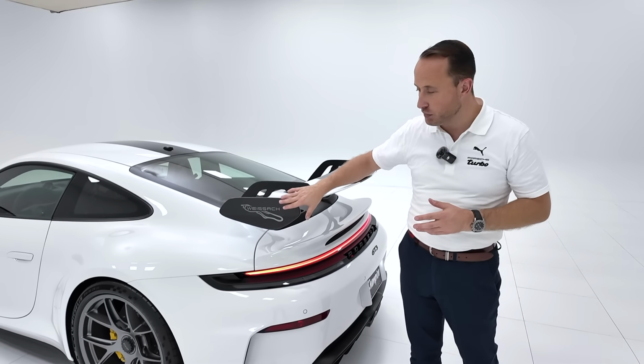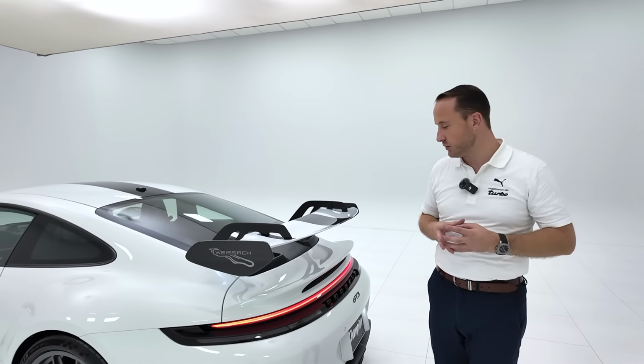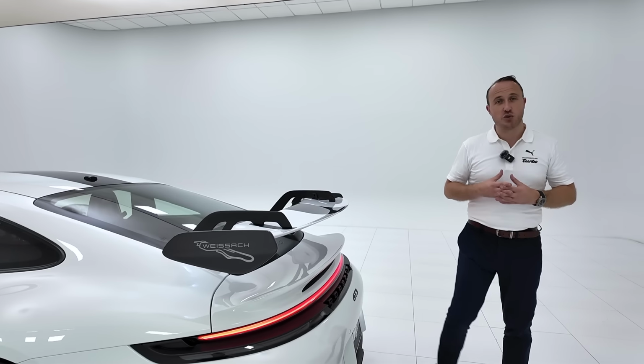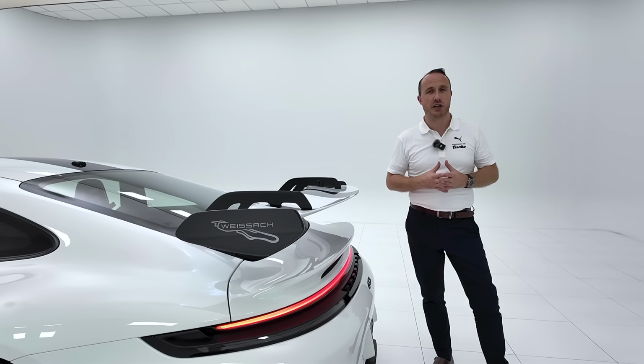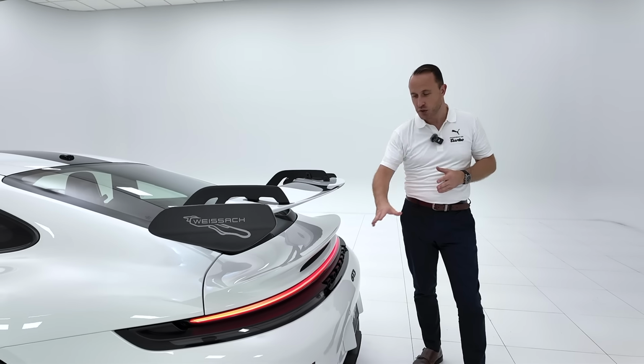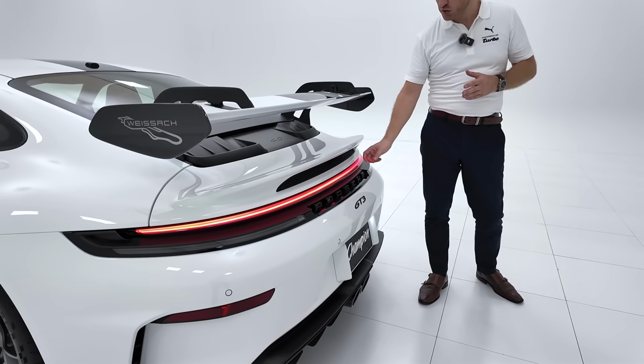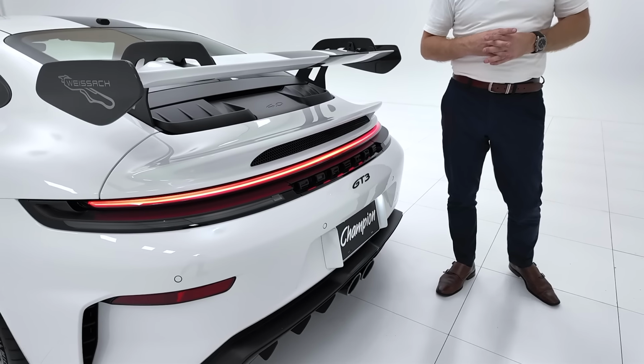You can see a different curvature also to the end plates itself, and of course indicating also here that this one is equipped with the optional Weissach package. Being of course a .2 992, initially introduced in the US market as a 2025 Carrera, and also later on the GTS-T Hybrid. We can see the new taillight design, very three-dimensional, very sharp in its angles compared to the